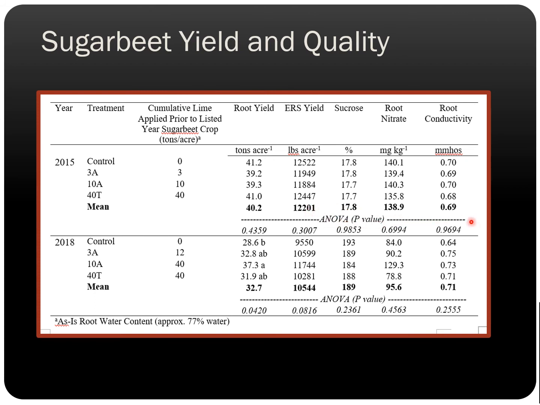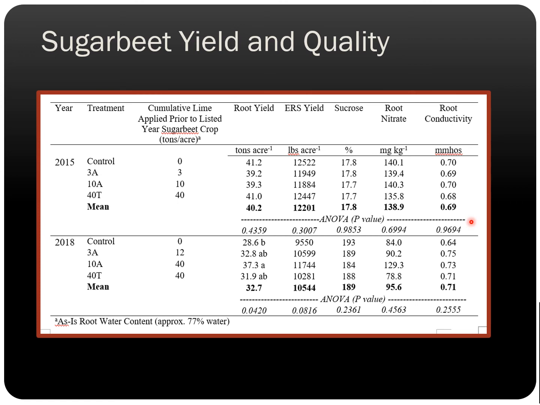If these values are less than 0.05, then they are significantly different from each other. If they're not, then there's no differences between the treatments. And we can see in 2015, there was no difference across all those measurements between the different treatments. Therefore, the lime did not significantly change those compared to the control, which is a good thing. There were no negative effects. However, in 2018, there was